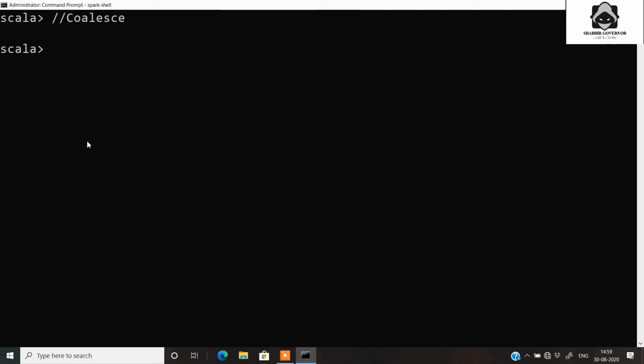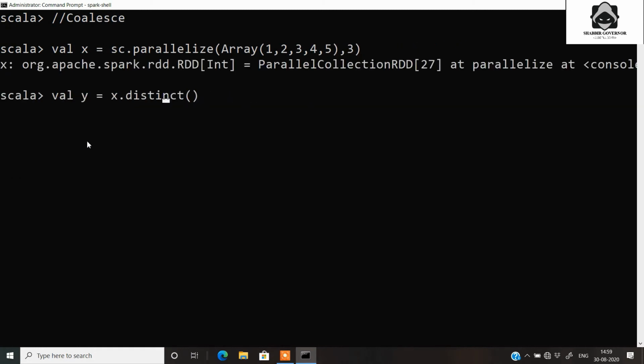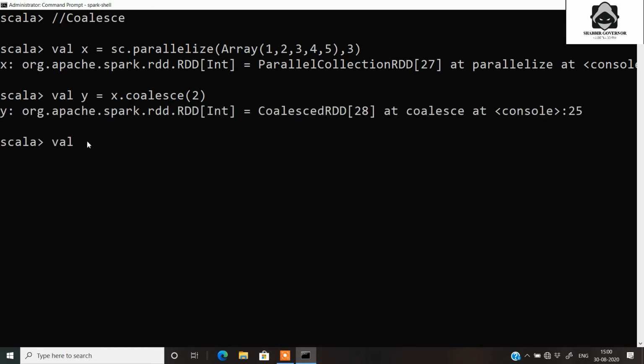Next is the coalesce. So let's create an RDD of integers with 3 partitions. Then let's apply the coalesce transformation on it so that the RDD of 3 parts is converted to 2 parts. Then let's print out the original RDD first of all.